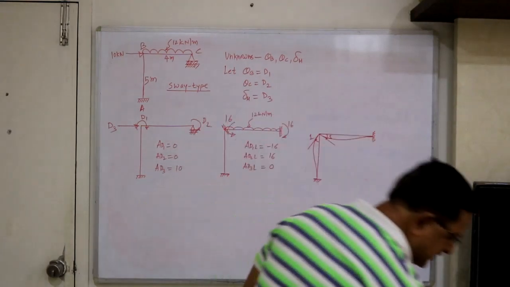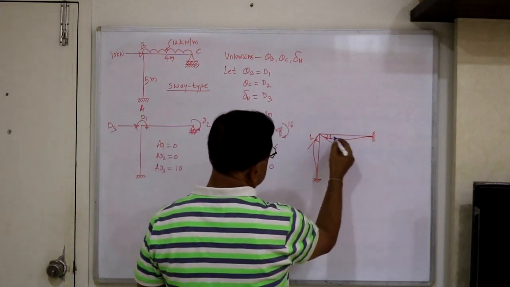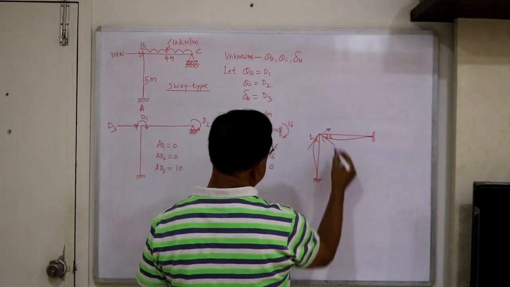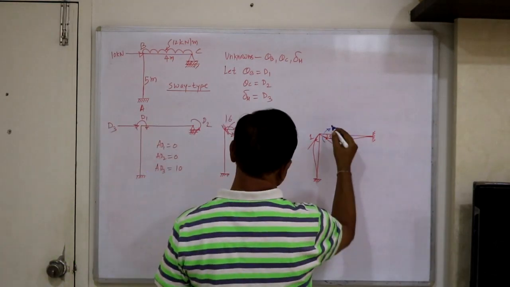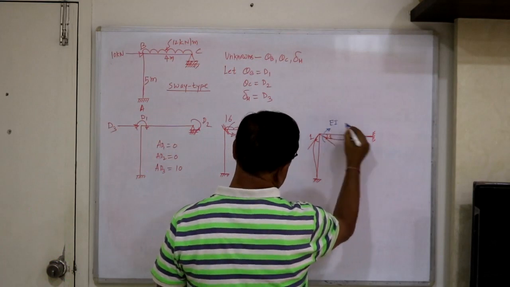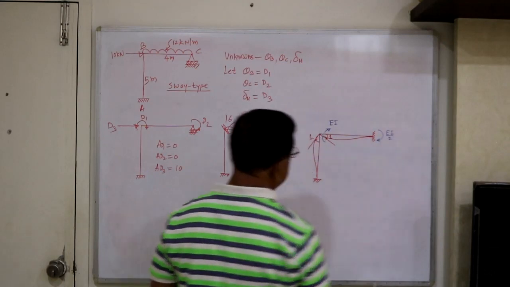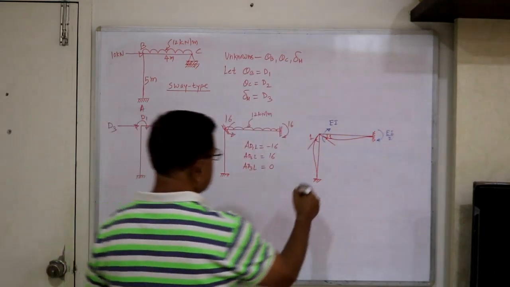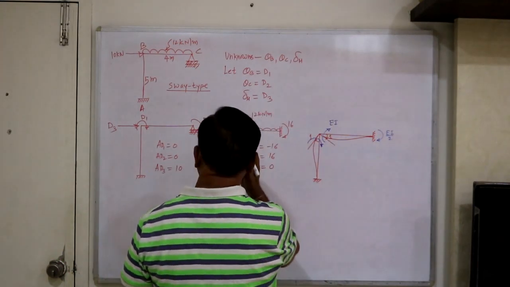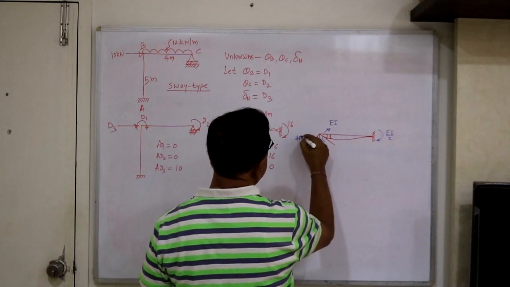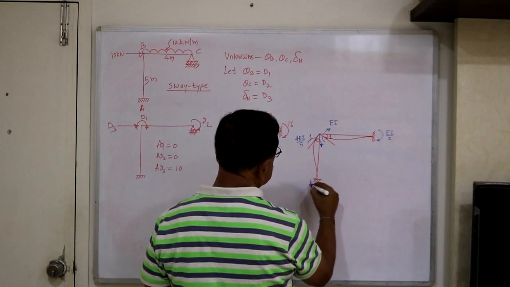Now because of this rotation, the clockwise moment developed here is 4EI by L, and the 4 gets cancelled, so this is EI, and this is EI by 2. And for the vertical member, clockwise at this end, this is 4EI by L, where L is 5, and half of that